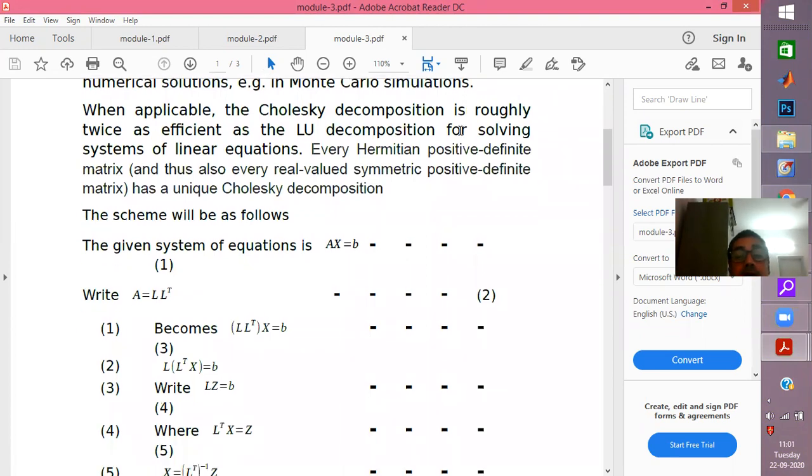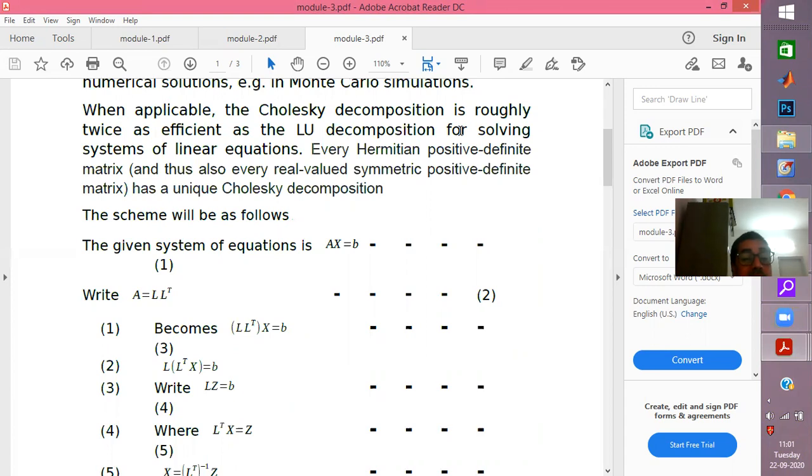Now let us look at the basic design. We are starting with a system of equations Ax = B, and we would first try to achieve the Cholesky decomposition A = L L transpose. That is the one example I'm going to show you. Then let us see how to approach solving that system of equations once you have made it a Cholesky decomposition.